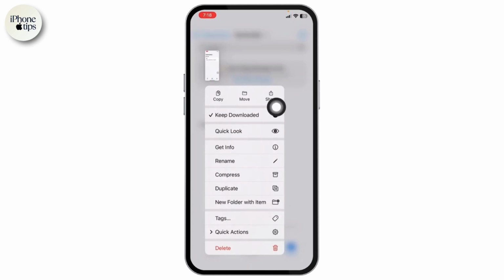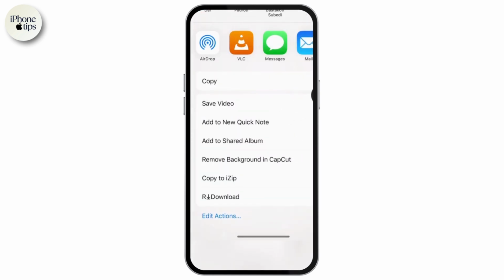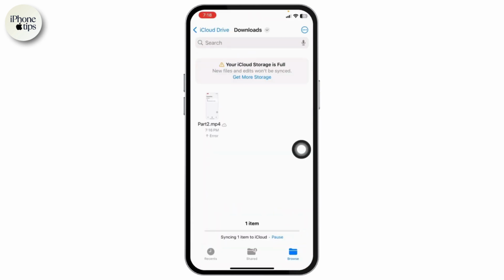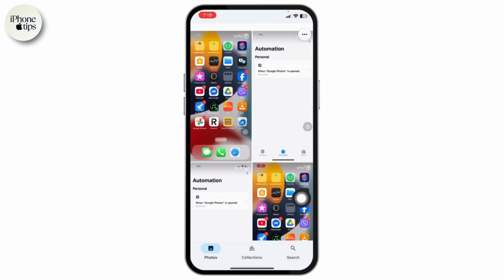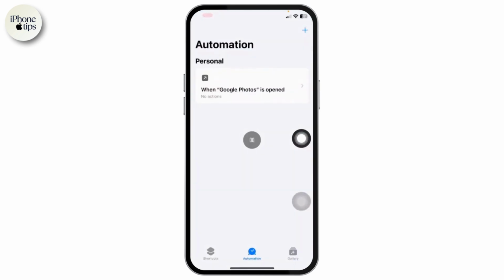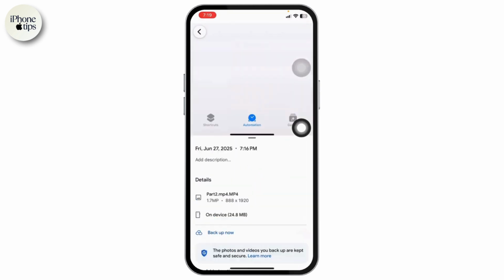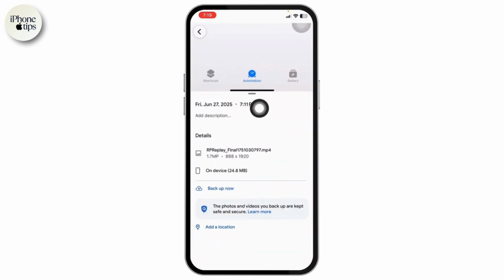So as you can see, like I said earlier, you just have to tap on the share button and click on the Save Video option. It will automatically save it to the gallery. So now finally, let me just quickly show you once again, and whenever I head back to my gallery or photos, you can see there is the new video that is part 2 which I just saved, and this one is the previous video